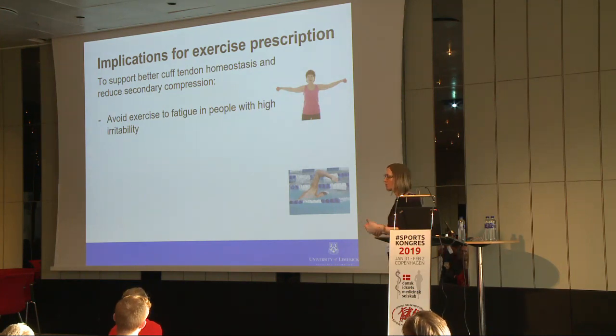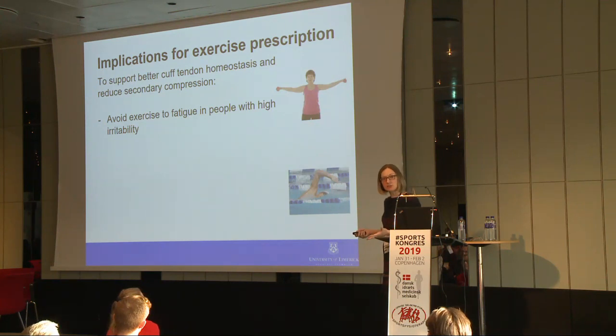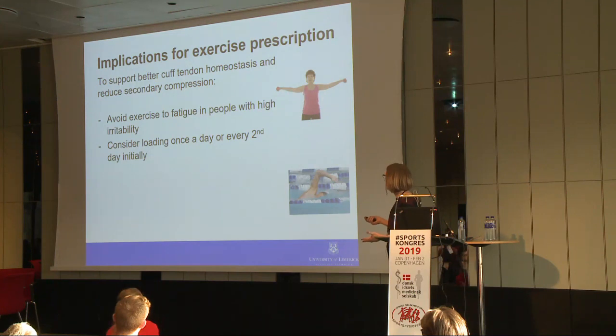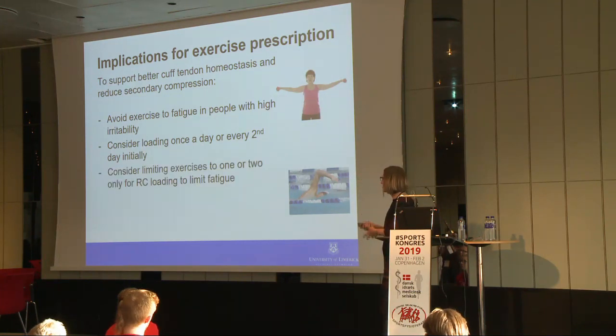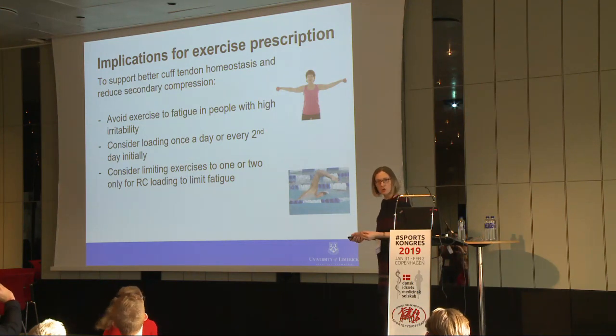They will take long periods to recover their subacromial space and their tendon homeostasis. But again, we instinctively know this in most of our clinical classifications, that we don't work these highly irritable people to fatigue. We may consider loading only once a day or even every second day, as opposed to twice a day loading, for example, in order to avoid fatigue. We might consider limiting our exercises to 1 or 2 only for cuff loading at any one day to avoid